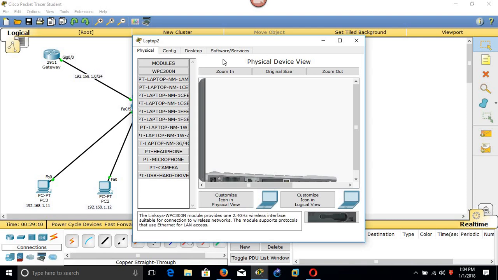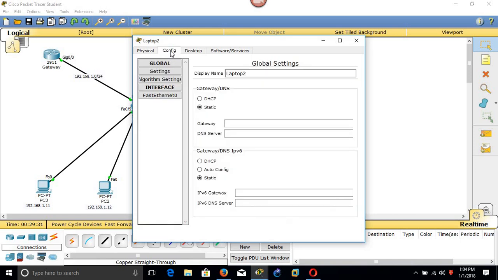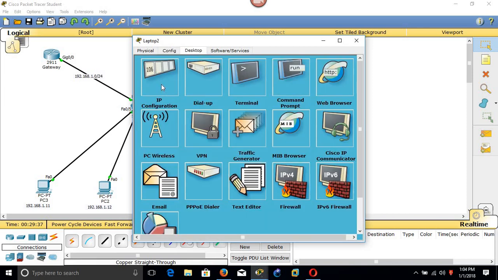Also, you will be given the IP address, which you will use to access that device. For this device, the username is admin and the password is admin, and the IP address is 192.168.0.1.